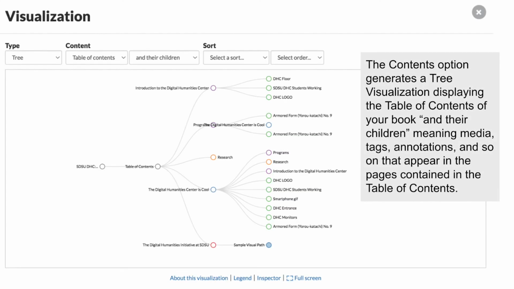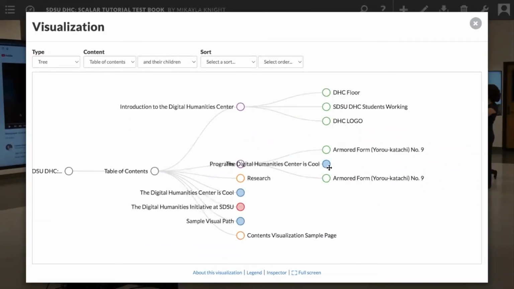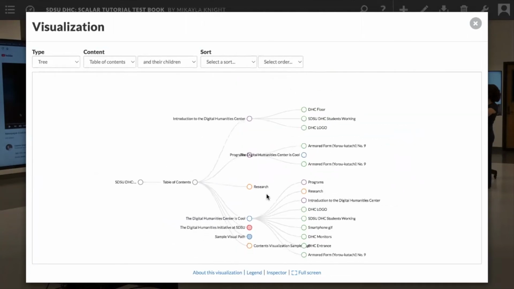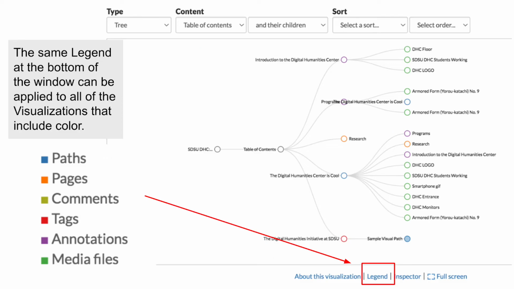Returning to the drop-down menu for our visualizations options, the next option down is Contents. The Contents option generates a tree visualization, displaying the table of contents of your book and their children, meaning media, tags, annotations, and so on, that appear in the pages contained within the table of contents. The same legend at the bottom of the window can be applied to all of the visualizations that include color. So again, if we click that, we can see how paths, pages, annotations, and so on are showing up in